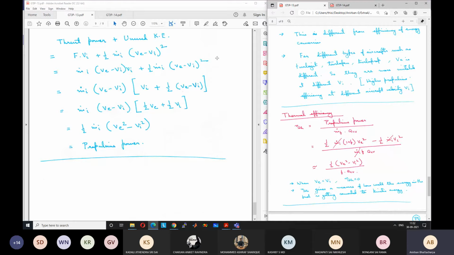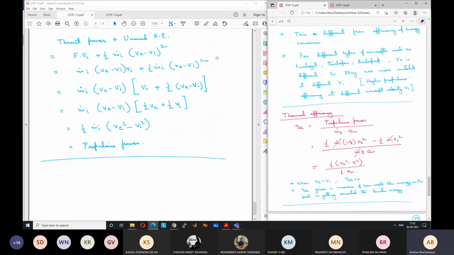But say V is very close to Vi. In that case, for a stationary observer, the kinetic energy that is lost is very small because V minus Vi, the velocity of the exhaust gases relative to the stationary reference frame, is very small. But relative to the engine, the exhaust gases still go out at V velocity. So it is still converting the inlet momentum m dot I Vi to m dot E V E. So relative to the engine, the kinetic energy is different.